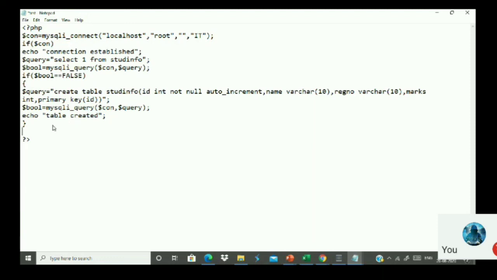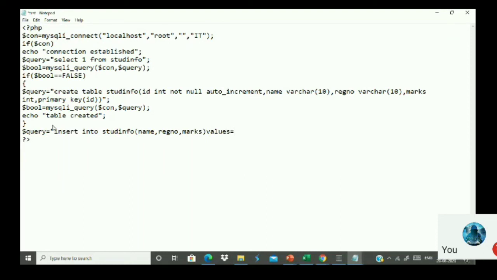Now what should I do? Directly I have to go here, use query again. So insert into table name is studinfo. What is the first parameter? Name is the first parameter. Second parameter is called as register number, and third parameter is called as marks here. Then values.